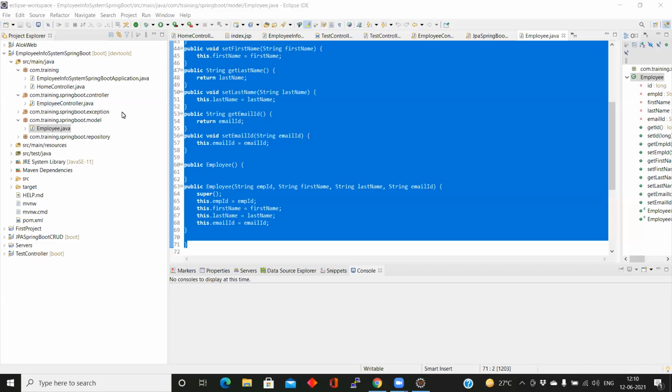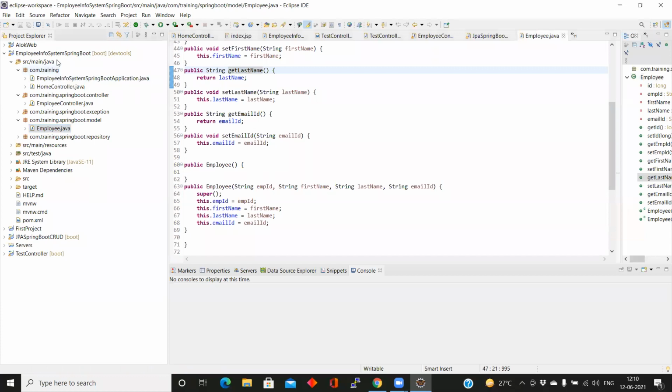Let's start from the beginning. So in this application, we are going to create a CRUD application using Spring Boot and Spring Boot MVC, and